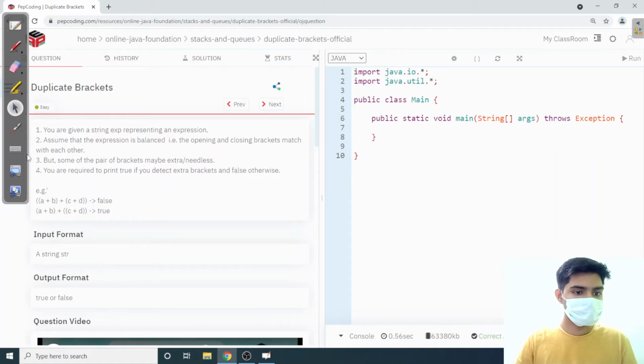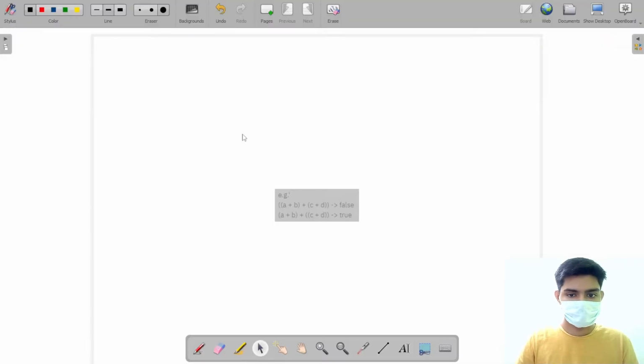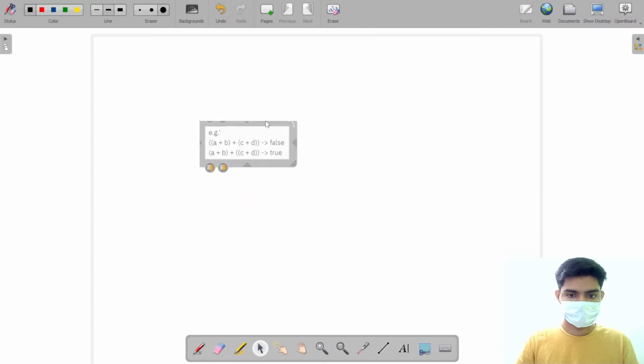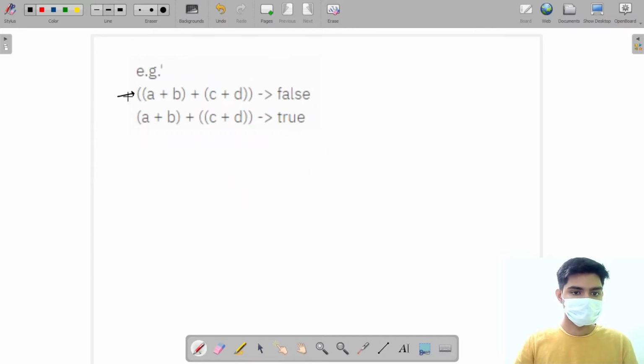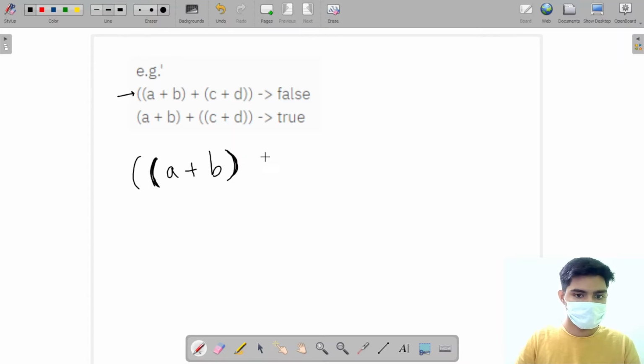Okay, so let's try to understand this question. For this expression, we can see that for this opening bracket, let's write this like this, we have this closing bracket.